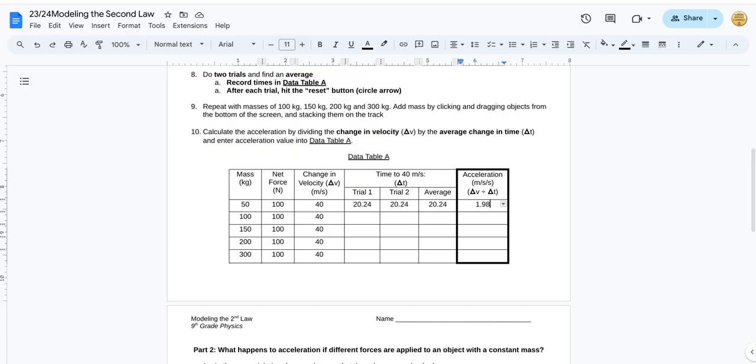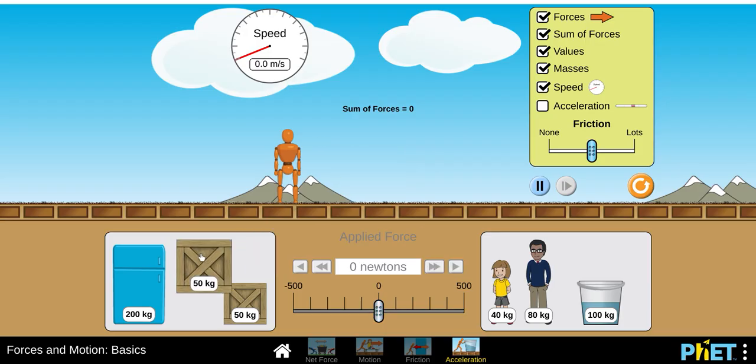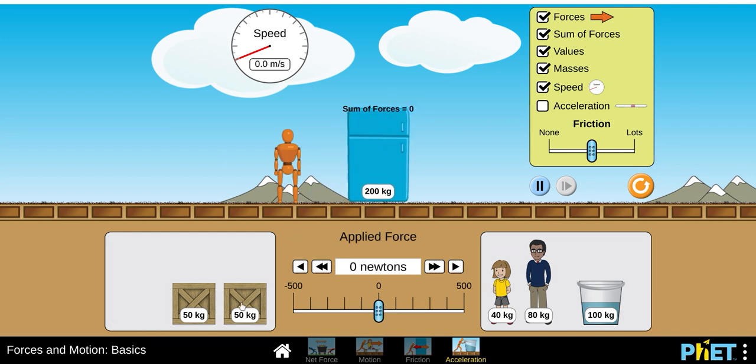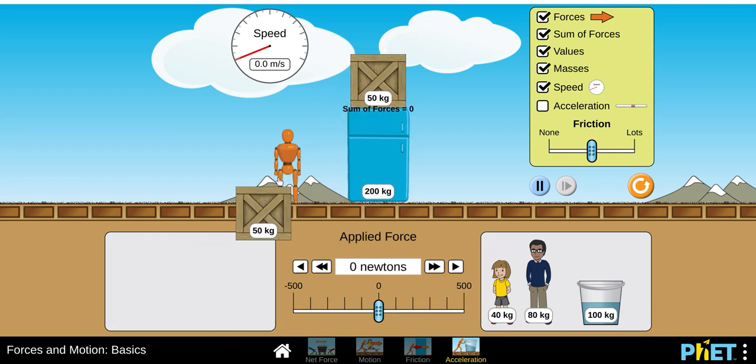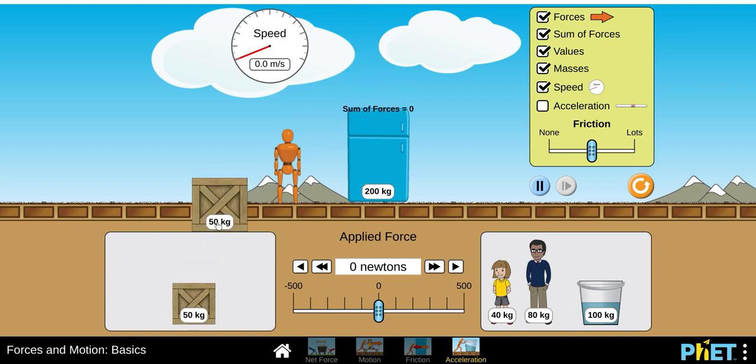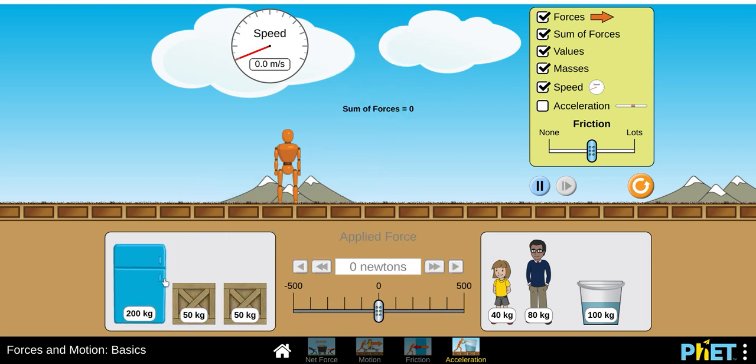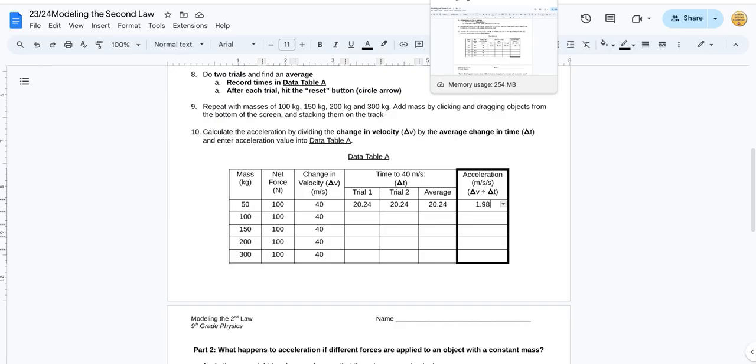If you need 200 kilograms, you can take everything off and just use this fridge, and then 300 kilograms, you can do a fridge and 2 boxes. But you're going to have to run those trials and record the data yourself, because I want to show you step B,